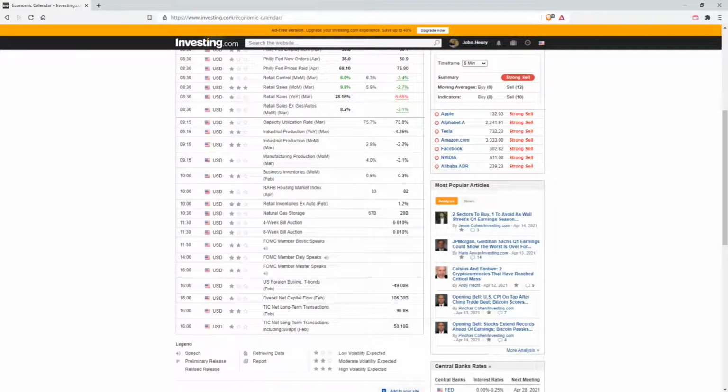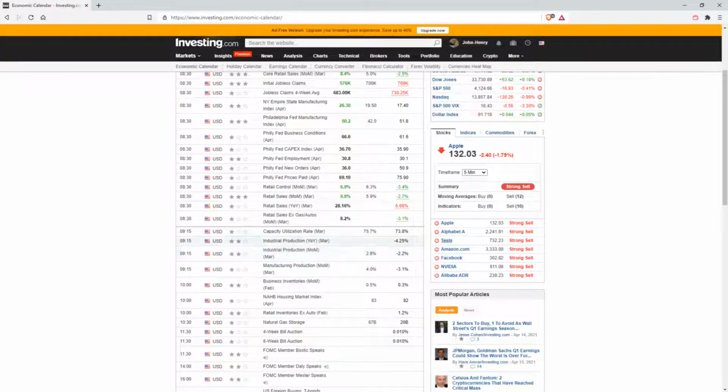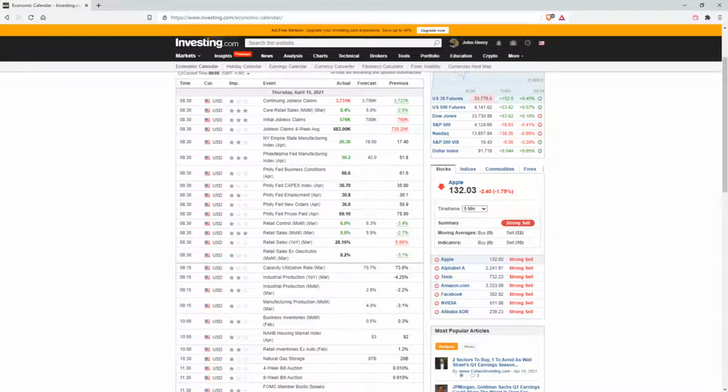If we look at the news going into today, we don't really have anything else going on. All of the big news is at 8:30. We've got some medium at 9:15, industrial production. That's really about it. 10 o'clock has the business inventories month over month, and then we also have the retail inventories. But there's not a whole lot going on. Some FOMC members speaking at 11:30. We've also got some this afternoon. All the big news is done. Jeez, I just looked on the right side of this thing. It's just strong sell across the board.